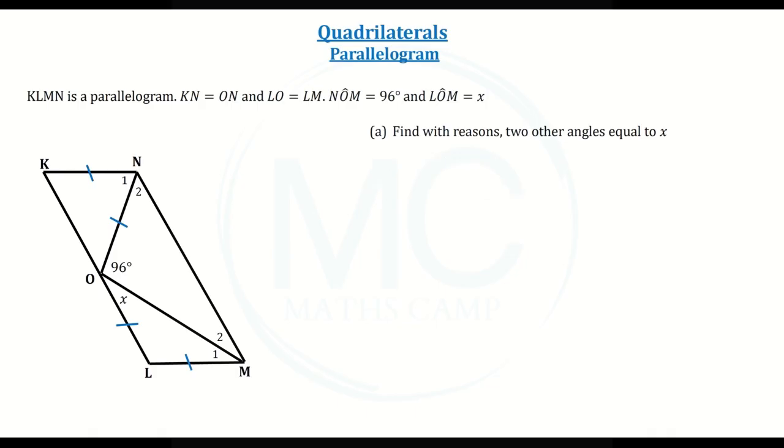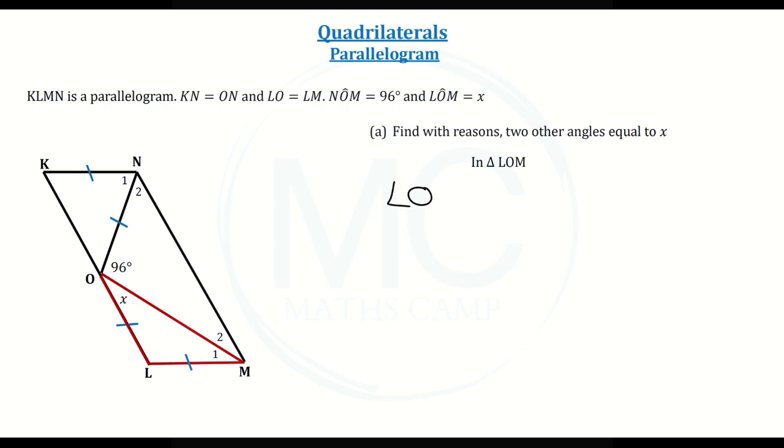Find with reasons two other angles equal to x. Now in the diagram, we can see that we have two triangles with two equal sides, KON and LOM. But LOM also has an angle of x. So let's start here. Let's make this triangle red. This triangle has two equal sides, which means it's an isosceles triangle, which we know also has two equal angles. So we can say in triangle LOM,